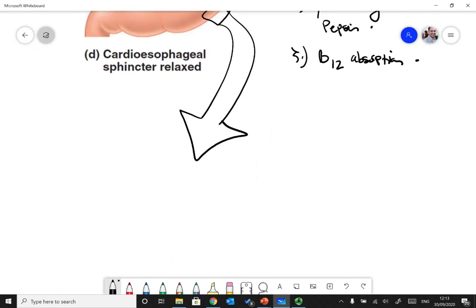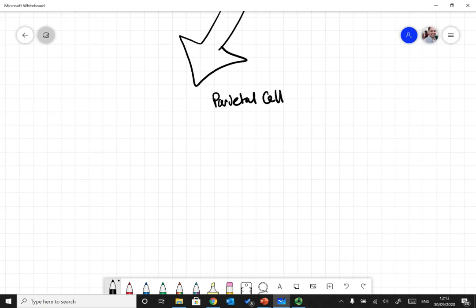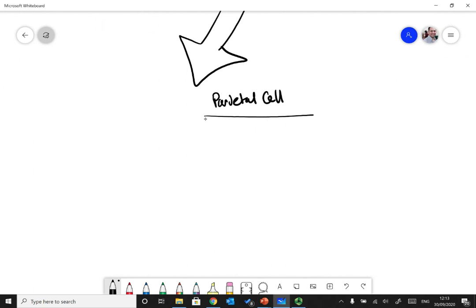What we're going to look at is what happens in a parietal cell. So let's draw our parietal cell in here, like this. And this side is the basolateral side,